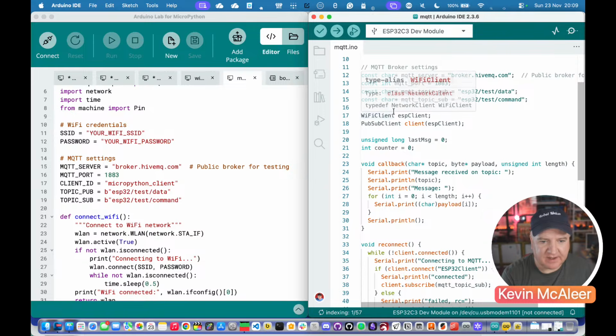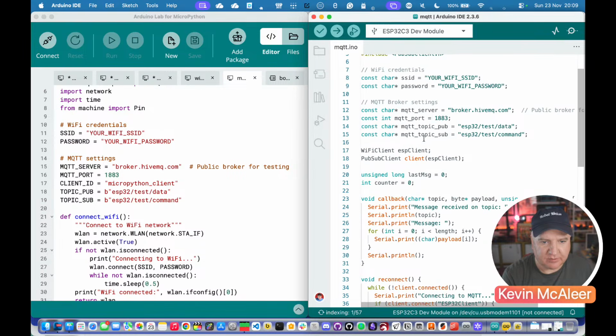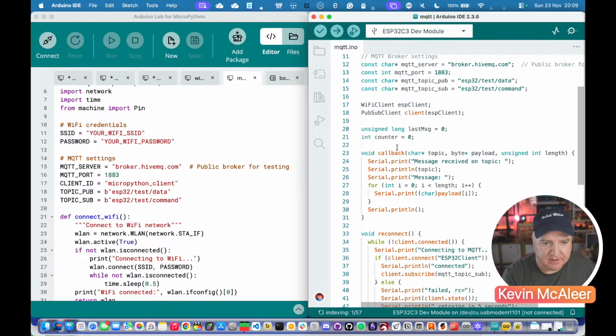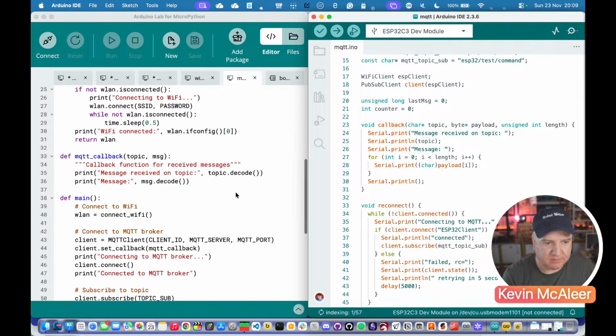And then we say WiFiClient espClient, to get our Wi-Fi client, and then PubSubClient client(espClient), which is just that variable that we created from above, I think. So no, sorry, we're passing into the client the Wi-Fi connection there. We then got the last message counter, and then we're defining our callback just like we did over here in